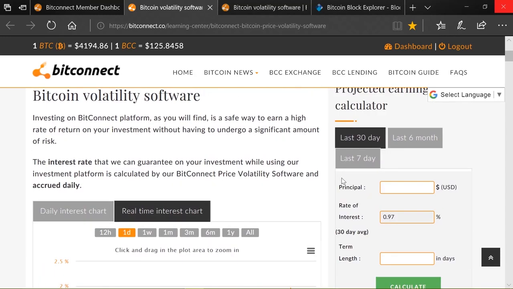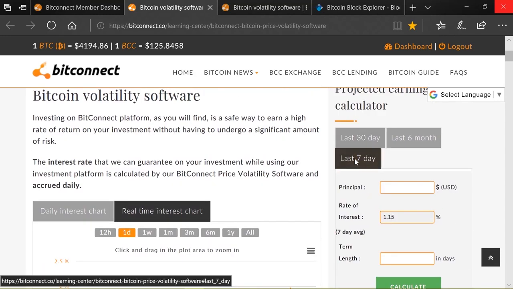So if you look over the last 7 days at the average interest rate per day, it doesn't work like your fiat currency exchanges. They don't shut Saturday and Sunday. They don't clock in at 9 AM and clock off at 6 PM. These are 24-hour trades, 7 days a week, and you get paid interest 7 days a week. So the average rate for the last 7 days has been 1.15% compound interest.